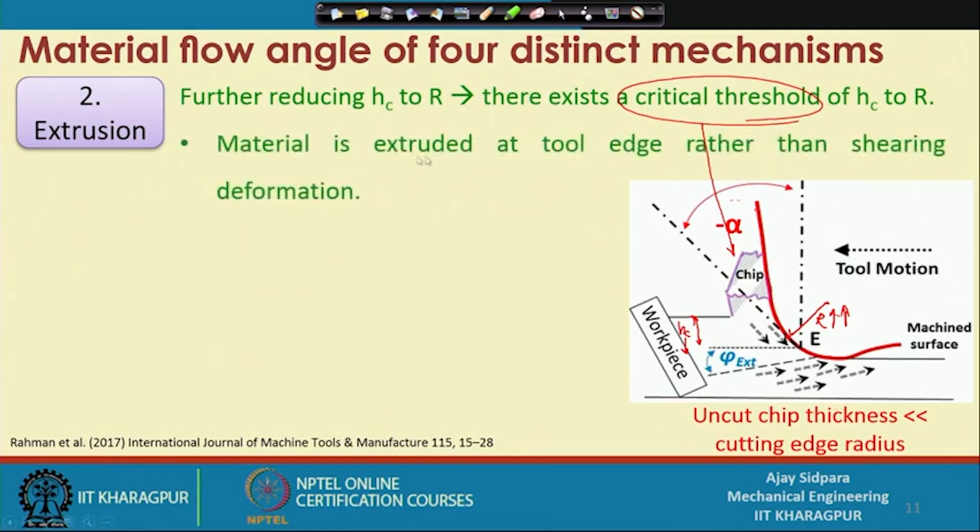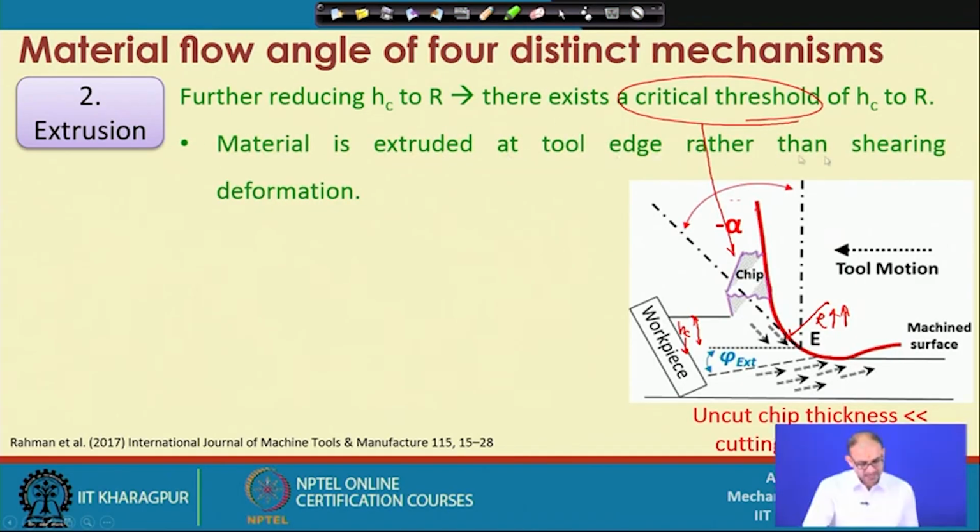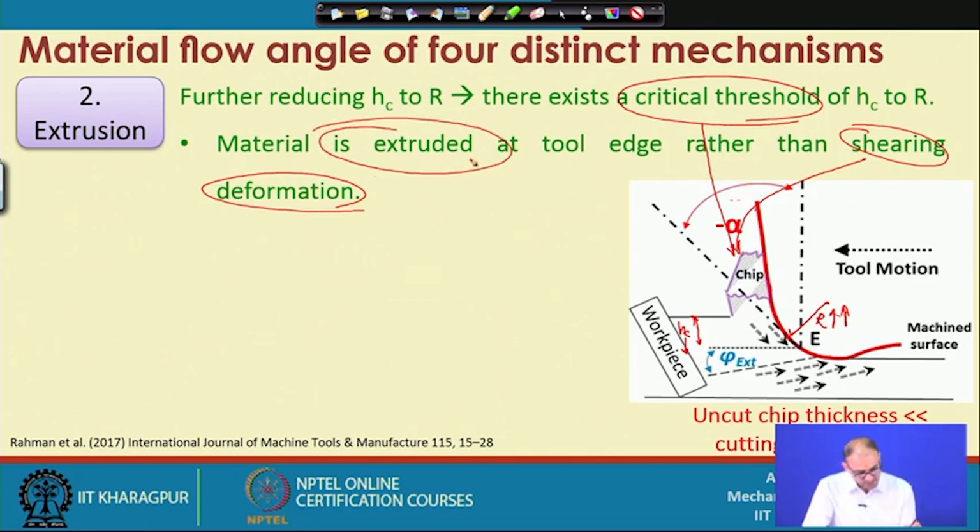So, material is extruded at the tool edge rather than shearing deformation. So, what is the shearing deformation? Shearing deformation is a chip, and this material extruded part, this is the extrusion. So, ultimately you are not removing all the material from the HC; part of this HC will go as a chip and the remaining part will go as extruded material in the machine surface,